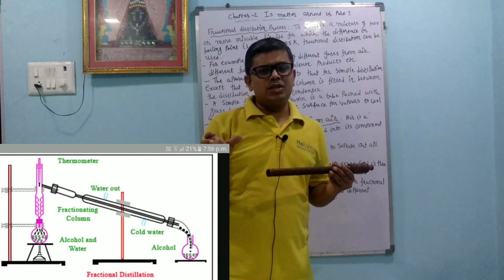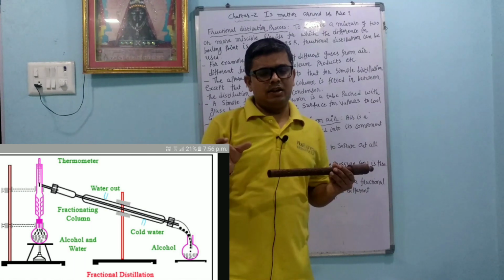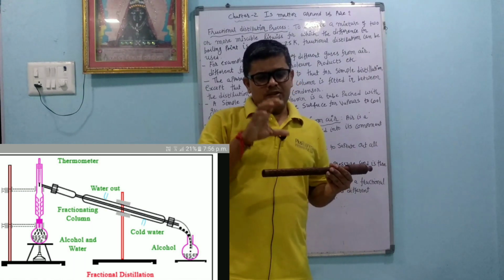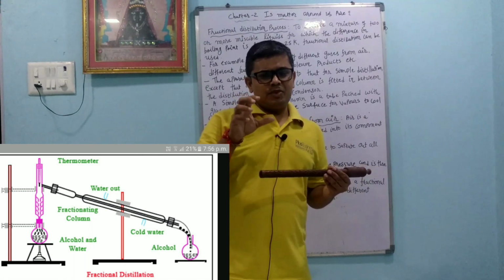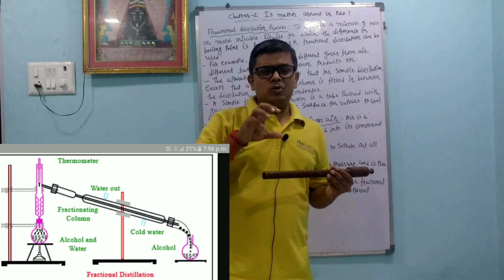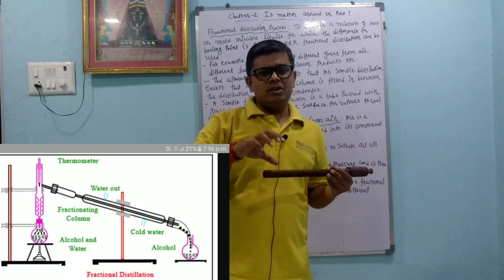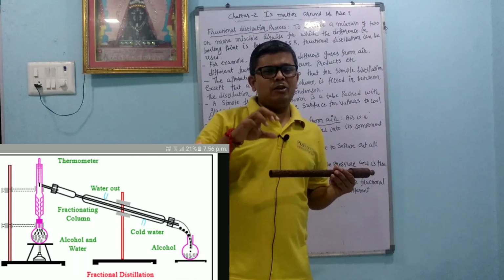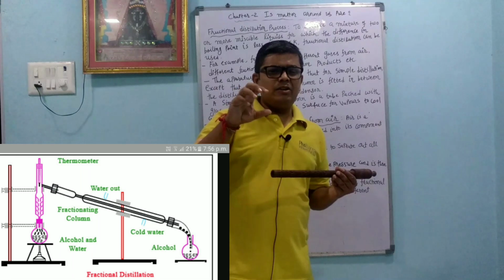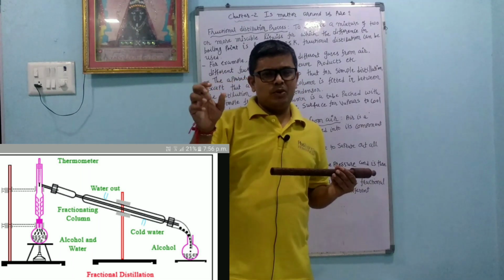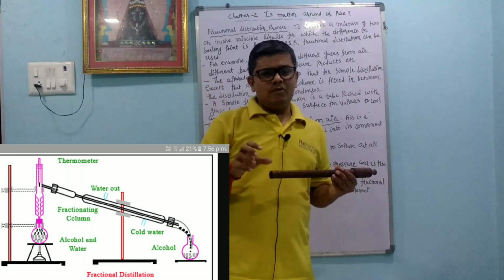So it is very difficult to separate them by the simple distillation technique. So we have to use a fractional distillation technique. In that, the condition is the same, but we use a separating column with beads in it, and those beads have a good surface area. Because of that, if one liquid converts into gaseous form and the other liquid is ready to convert into gaseous form, meanwhile the first gas easily converts from gaseous form back to liquid form. Okay, and we can separate the two liquids easily.